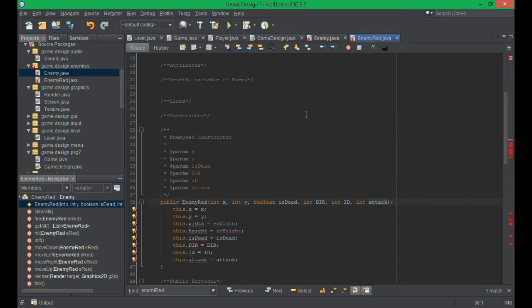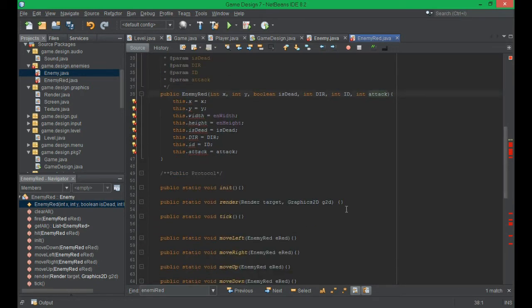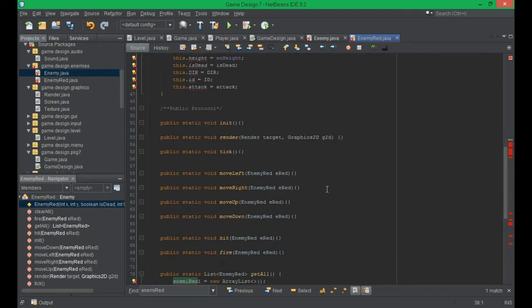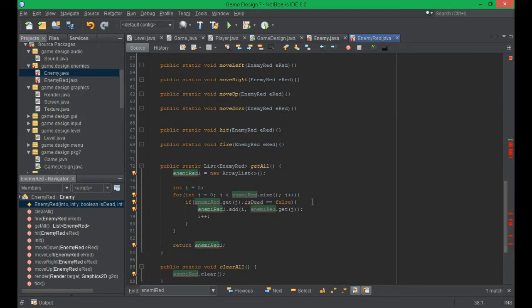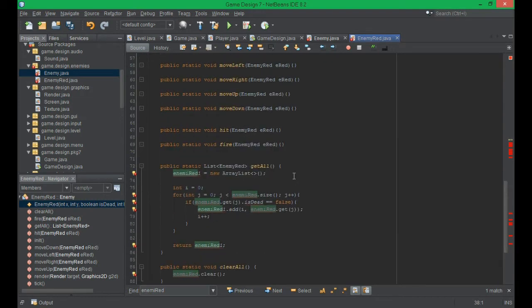Then we could have some sort of algorithm where there are so many different enemies with the same attack in one space of the screen, then they can act in a certain way too. But that'd be like a group attack method. We're getting even more complex with the systems at that point, so don't get onto me about this. Just code this up. Alright, we've got clear all, get all,